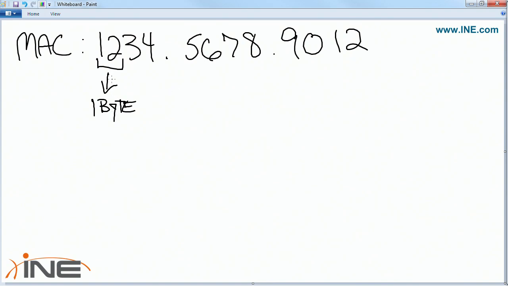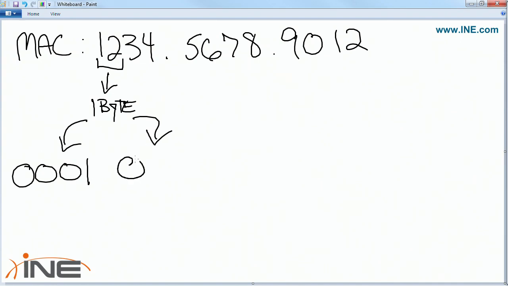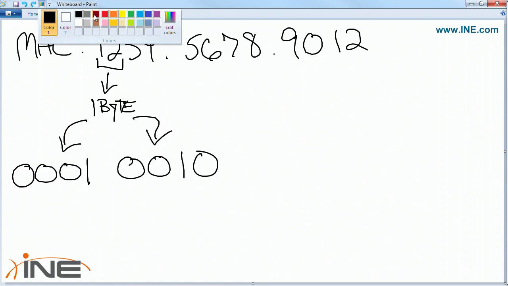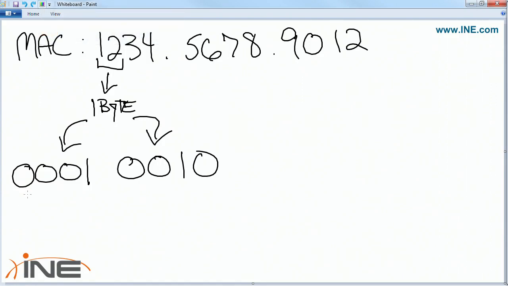So this 1 byte is made up of 8 bits, where the first value would be 0001, and the second value would be 0010, because this is a 1, this is a 2. Now I take the 7th most significant bit, counting 1, 2, 3, 4, 5, 6, 7,